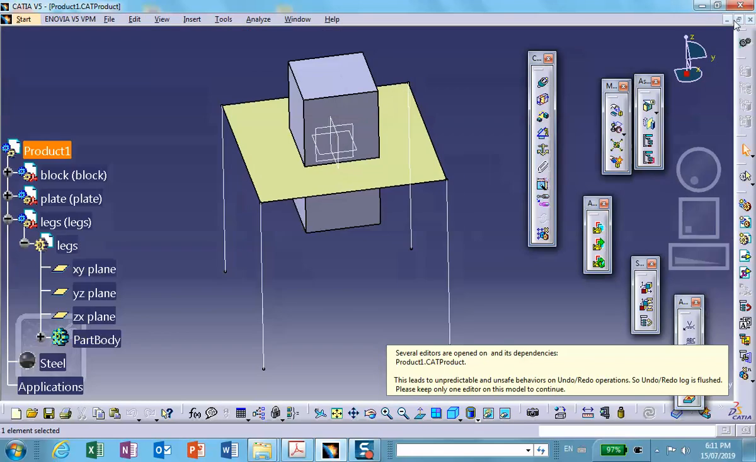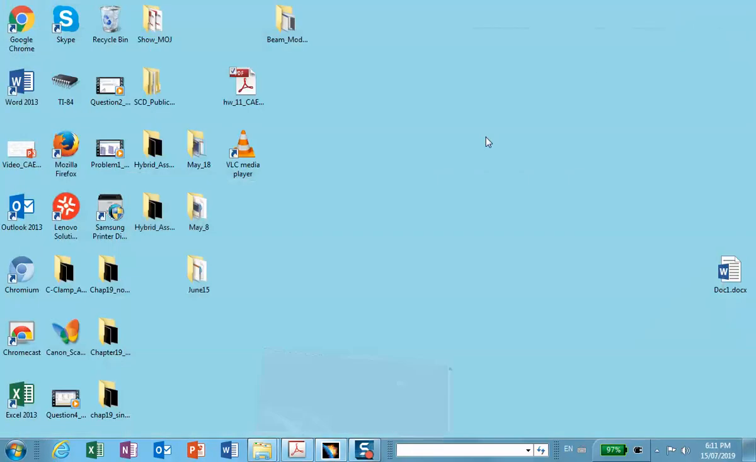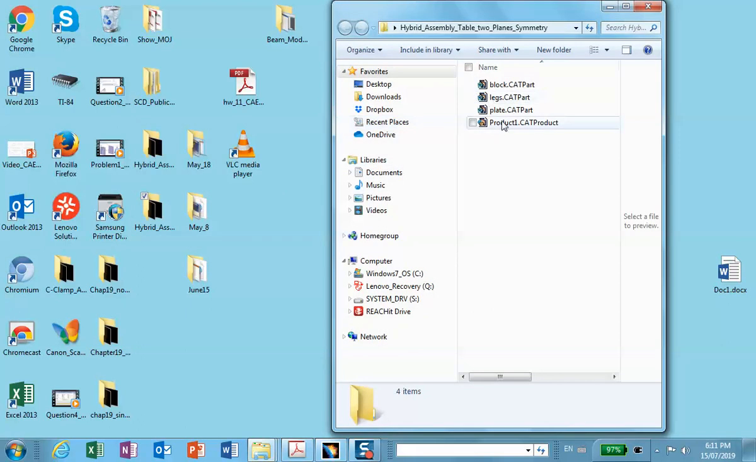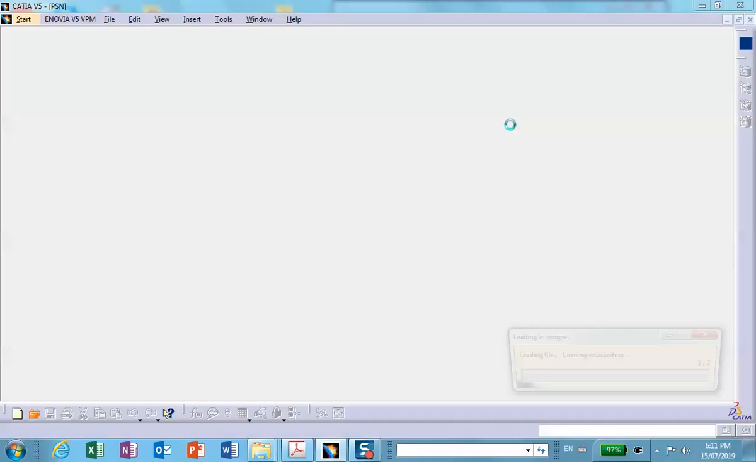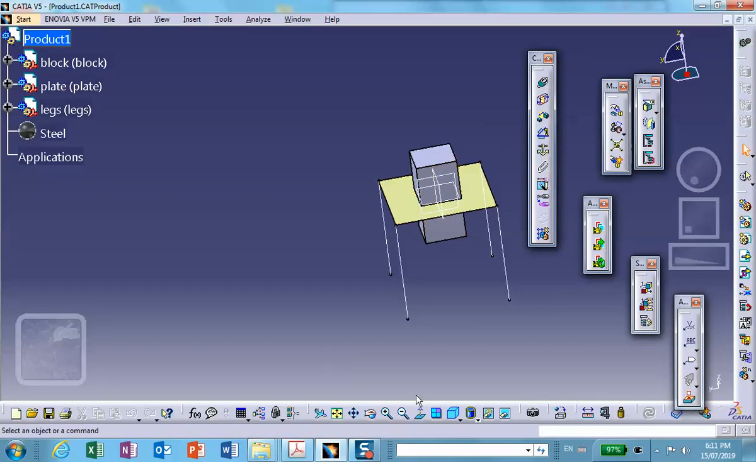Let's go and check. I'm going to close all of these. So I created a folder here with that name. Let's see now. Hybrid assembly, table, no symmetry. Where's the other one? Hybrid assembly with two planes of symmetry. The product and the three parts. The three parts, the legs are all in the same part, right there. Okay, so let's start the product, and I'm going to stop the video segment here, and we start this. We do